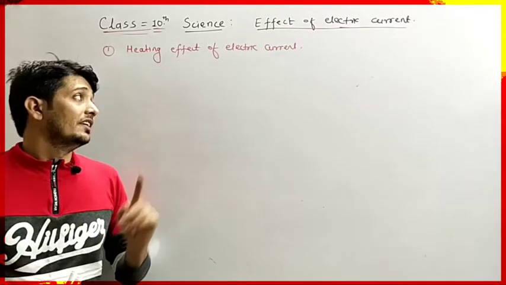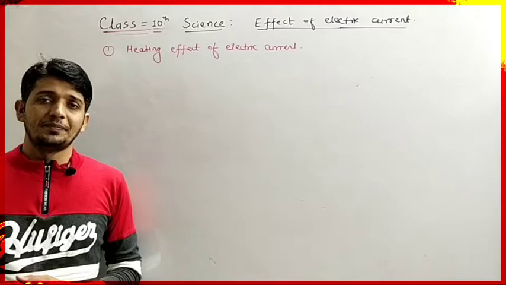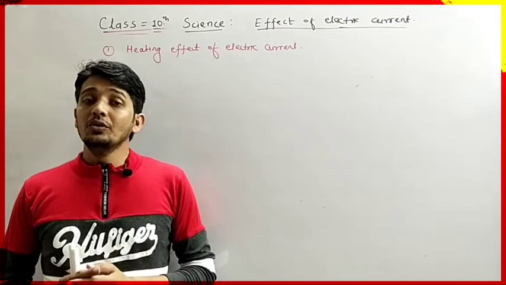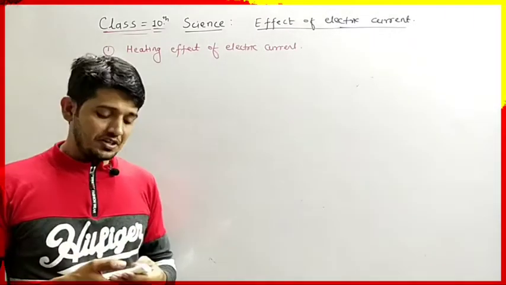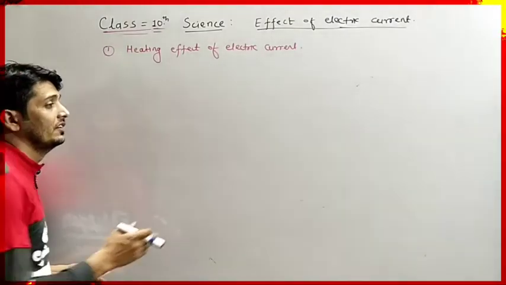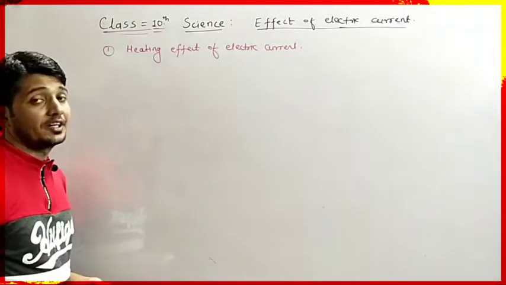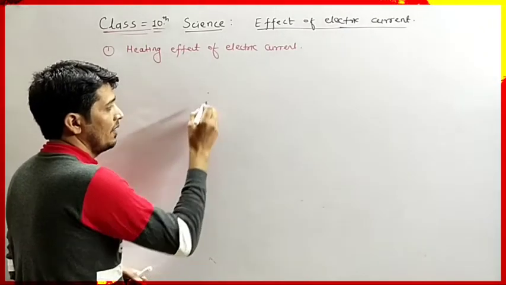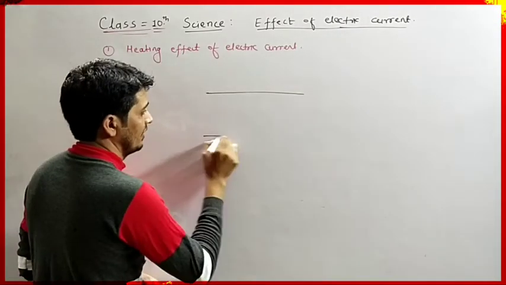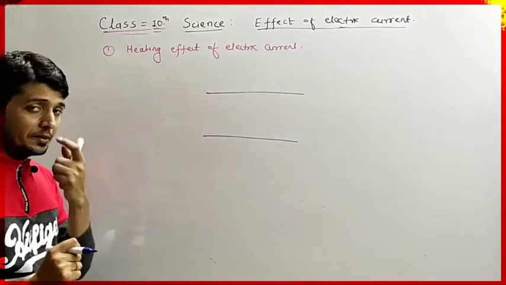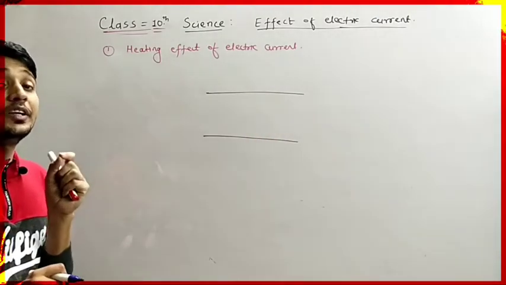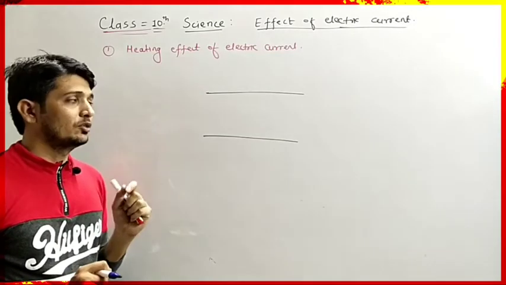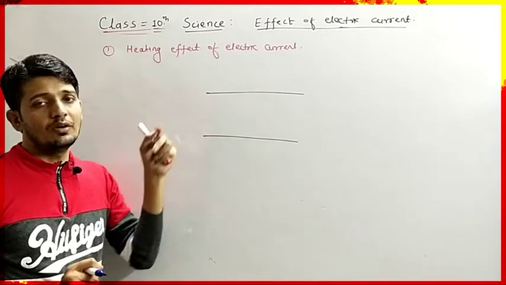Now we will understand the heating effect of electric current. So how electrical energy is converted into heat energy, that we have to understand. For that we have to understand the structure of conductors. Okay, so we know we have the metallic conductor. I am taking the cross section of the conductor. Suppose this is the wire. The wires are really very thin, but we are taking the broad part of the conductor so that we can understand the internal structure of the conductor.